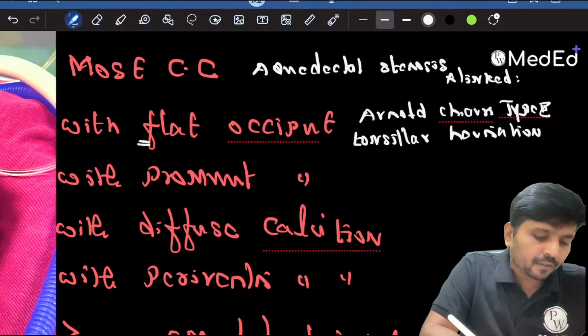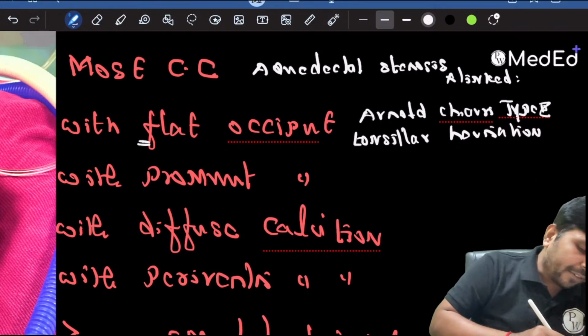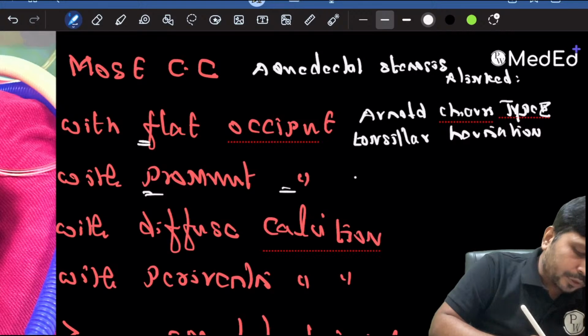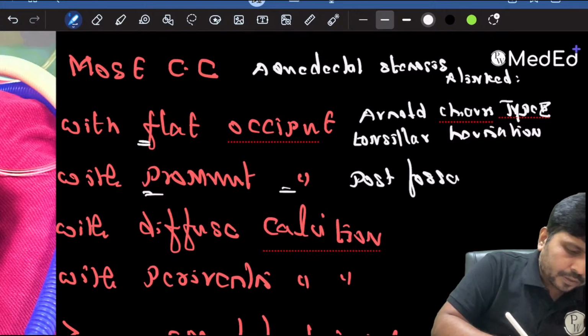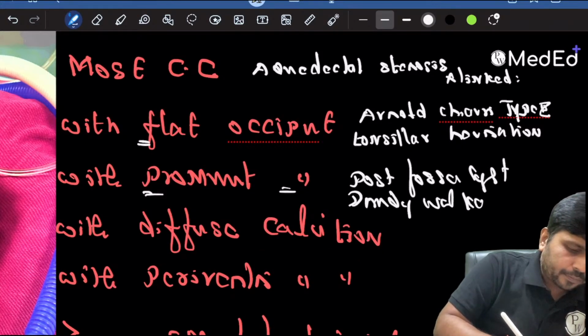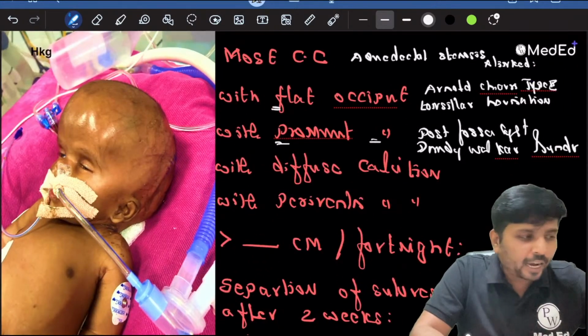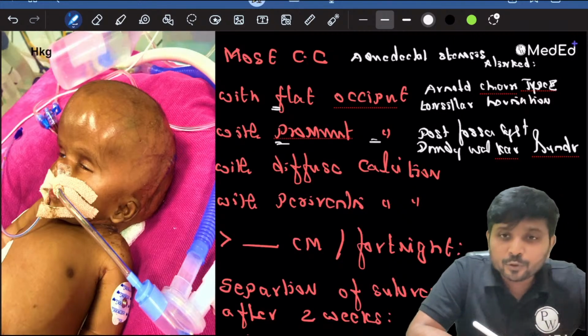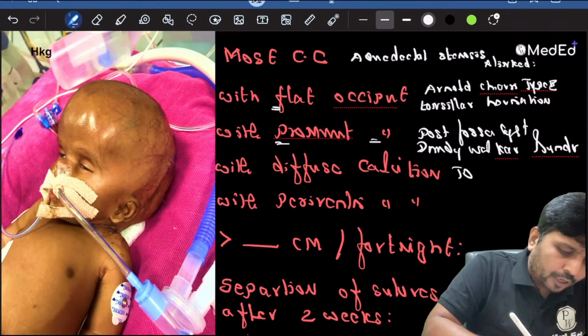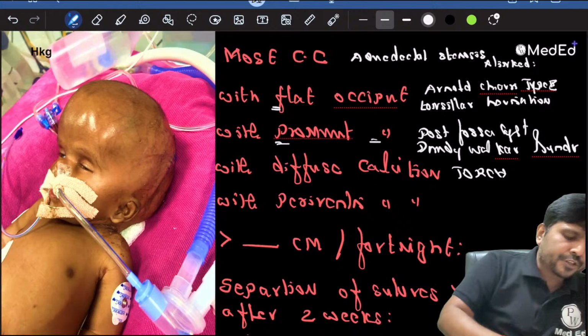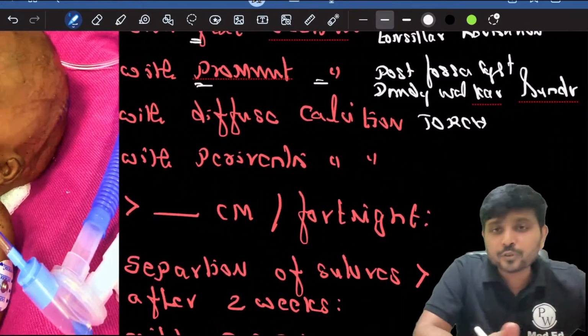Okay, with flat occiput. When you have a prominent occiput, it is due to posterior fossa cyst, otherwise known as Dandy-Walker syndrome. Right. When you have a hydrocephalus with diffuse calcification, torch infection, which torch infection will lead to diffuse calcification of the brain,